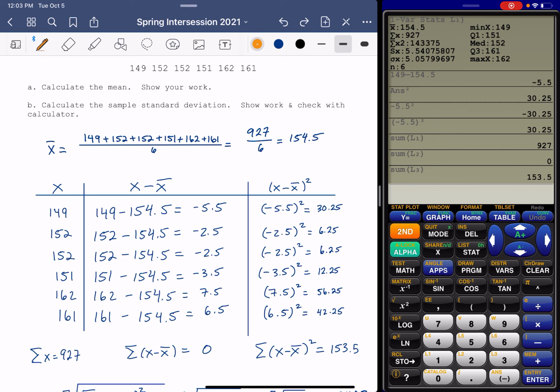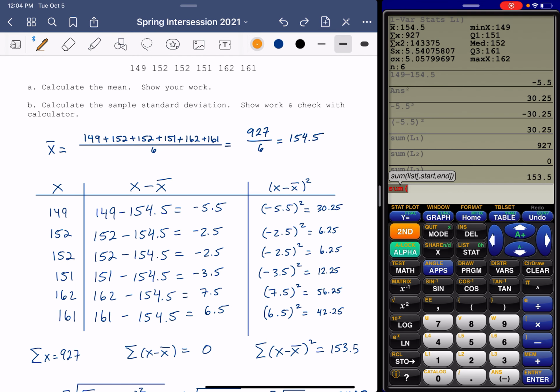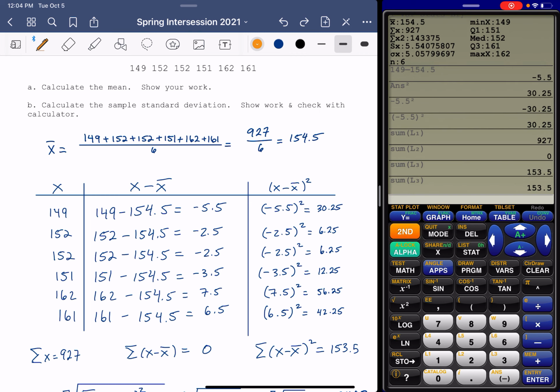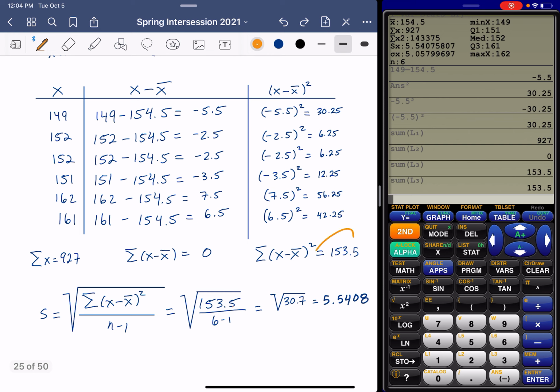You see that? Or second stat, math, sum. Second L3, enter. Boom. If that was a little too fast, just rewind the tape and then you can do that. Okay, then